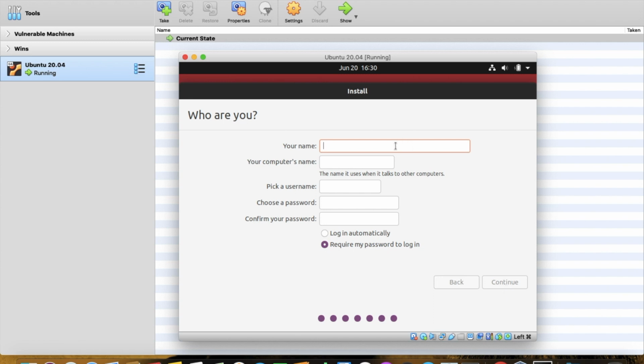Specify the name of your machine. So I'll give Ubuntu. Username is also Ubuntu. I'll keep the password. It will ask for the password whenever you boot up your machine. Continue.